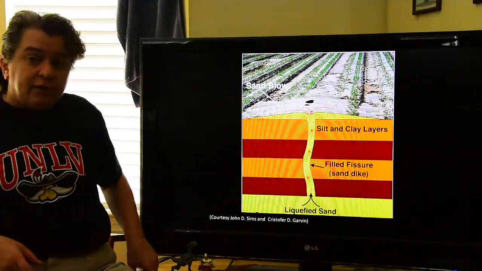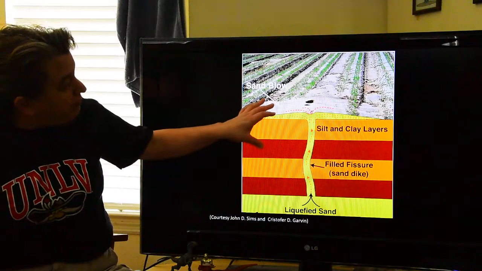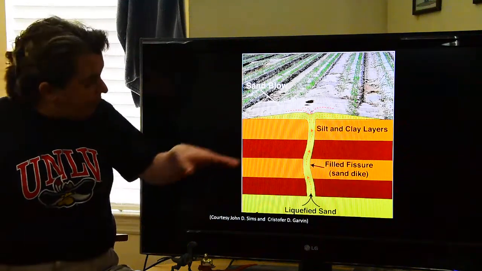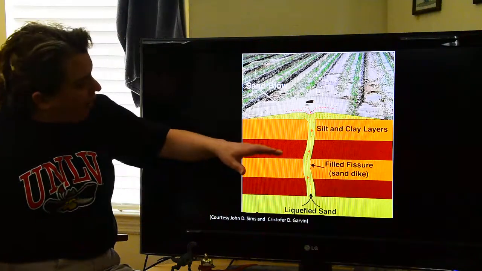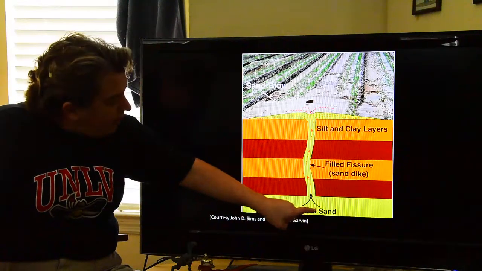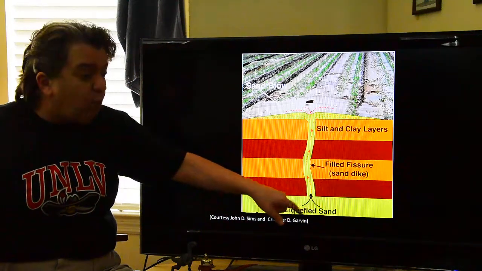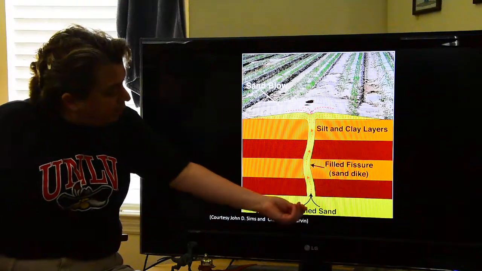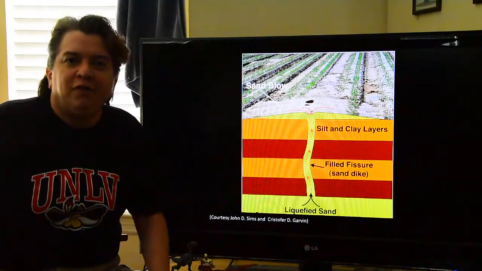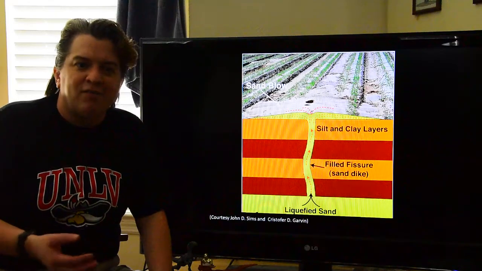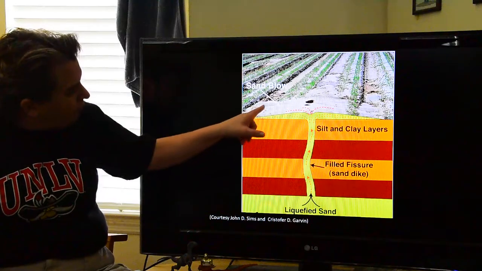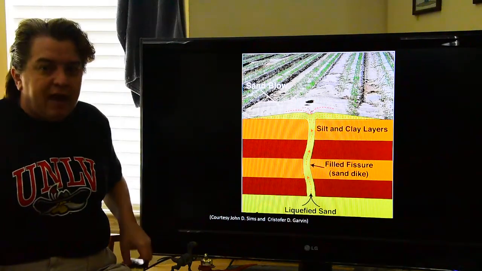Now, as a result of liquefaction, you can get these things called sand blows. This happens if the liquefied sediment is a little bit underground, like a meter or two underground. Right, here we have our unliquefied sediment layers, and then down here is a layer of sand saturated with water. That shaking turns it into a liquid, and it's going to start rising upwards, and it will erupt on the ground. And it's not like a volcano, it's not liquid rock or anything, it's a mixture of sand and water, basically erupts on the ground and creates this sand blow.